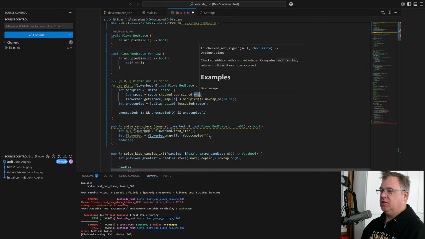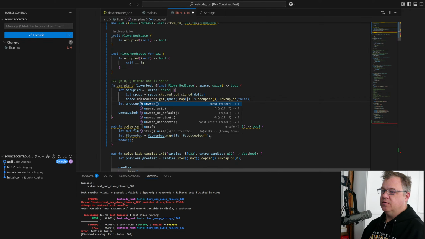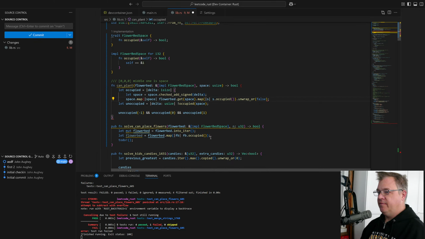Checked add signed is going to be delta. So I think then we can do space map space flower bed, get all that stuff.